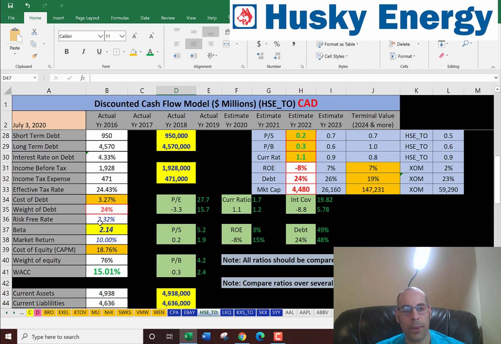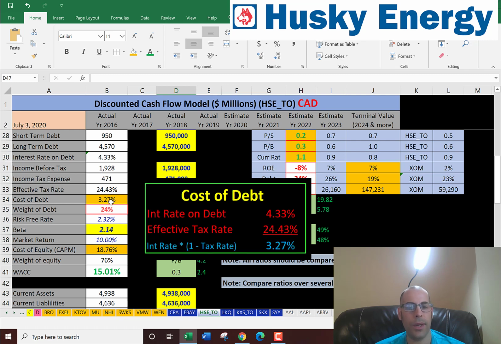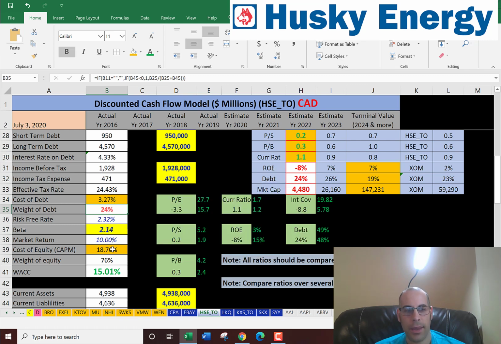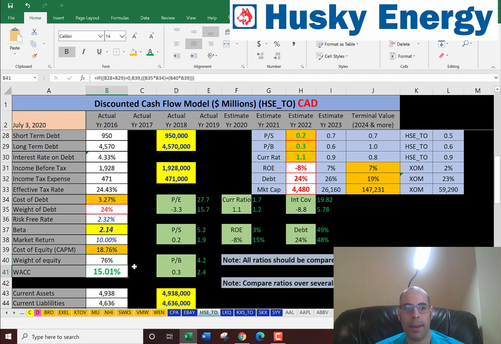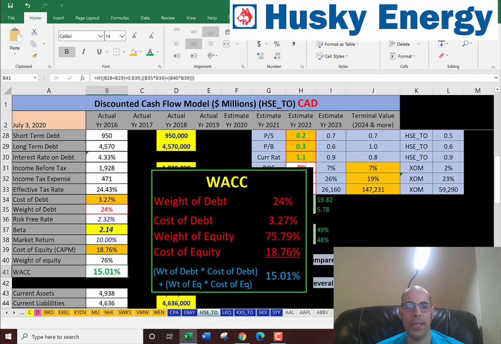So now let's look at their weighted average cost of capital. That's a blend of the cost of debt and cost of equity. And the cost of debt is 3.27%. And the weight of debt is 24%. So they don't have too much debt in their capital structure. Their cost of equity is 18.76%, and we use the capital asset pricing model to figure that out. And the weight of equity is 76%. So the weighted average cost of capital is 15%, and that's what we're going to use to discount the future